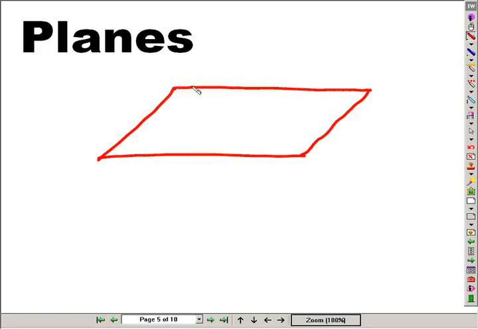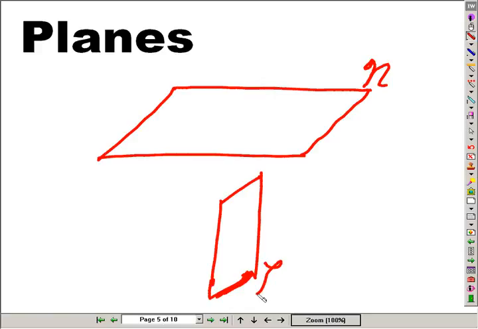Specifically, this one's called a horizontal plane because it has horizontal edges. This one would be a vertical plane because it has vertical edges. So planes can go in different directions. To label these planes, this plane could be called, and we use capital script, like capital N, capital L, plain N, plain L. Things can be on the planes, things could be going through planes,